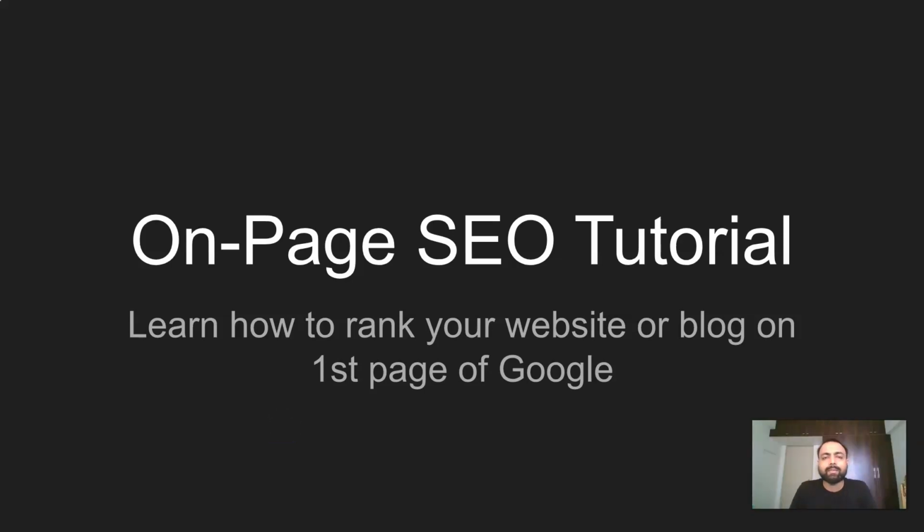Let me tell you that you must understand your audience very well in order to perform SEO. Once you understand your audience, you must perform keyword research. I hope you already know about keyword research. In case you don't know what keyword research is and how you can do it, you can go ahead and check my video on keyword research, perform keyword research, and then come to this video to perform on-page SEO. So now let's get started with our on-page SEO tactics practically.